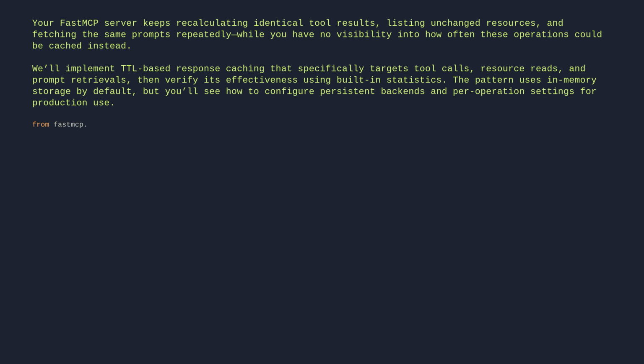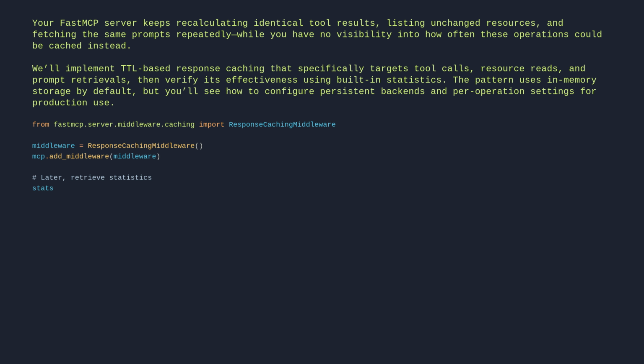From fastmcp.server.middleware.caching import ResponseCachingMiddleware. middleware = ResponseCachingMiddleware(). mcp.add_middleware(middleware). Later, retrieve statistics. stats = middleware.statistics(). print(f"Total cache operations: {stats}")